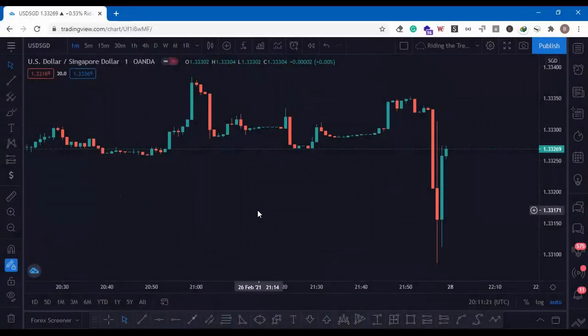Now, we have quite a number of types of traders. We have traders that are called scalpers. Scalpers, in the sense that they get into the market and then quickly they are out. So they are called scalpers. And because scalping is a quick and fast transaction, being in and out of the market, they usually use the smaller time frames.